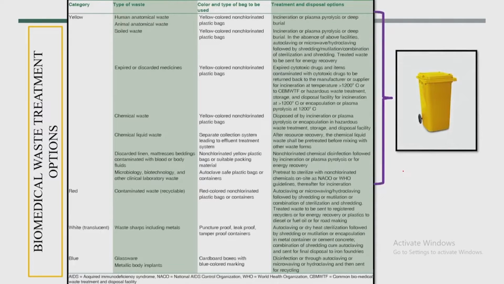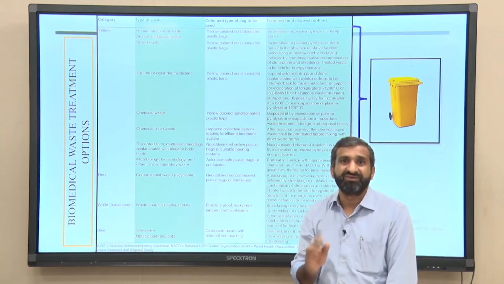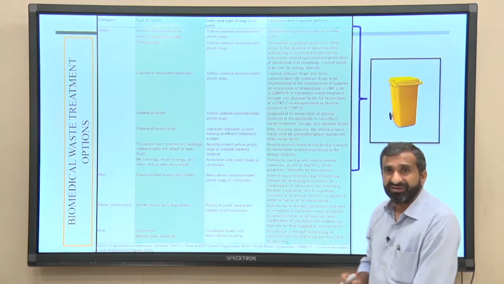These are color coded categories: yellow, red, white and blue. So, this is the yellow part. I think if you visit any hospital, you will find these 4 kinds of containers: the yellow, red, white and blue. These 4 containers on different floors you will also find in this kind of facility, properly covered